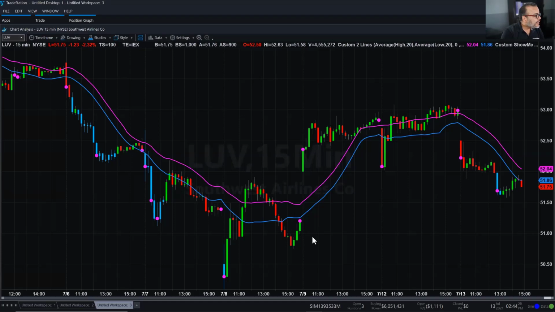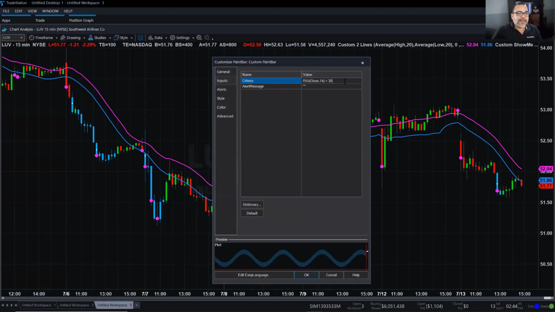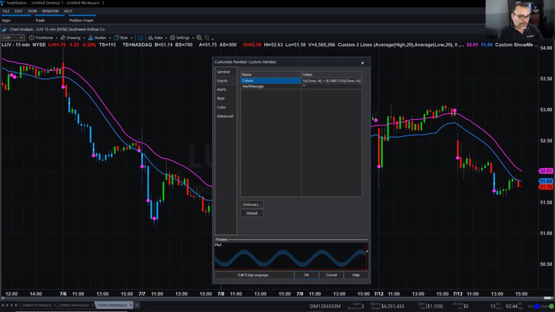Can you do the overbought and the oversold at the same time? Not with this particular custom ShowMe, because the custom ShowMe only has one color. What I could do is this. I can go in here, and in the inputs, the RSI less than 30, I can have an AND condition. An RSI of the close of 14 bars is greater than 70. So yes, you can combine different true or false conditions with an AND. Just make sure that the whole expression returns true or false. When I do that,